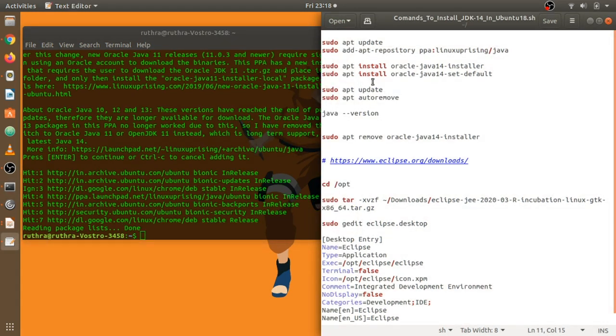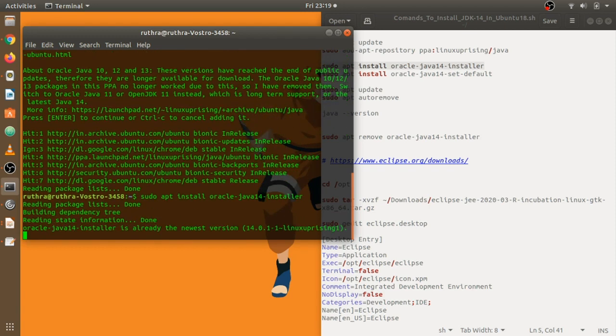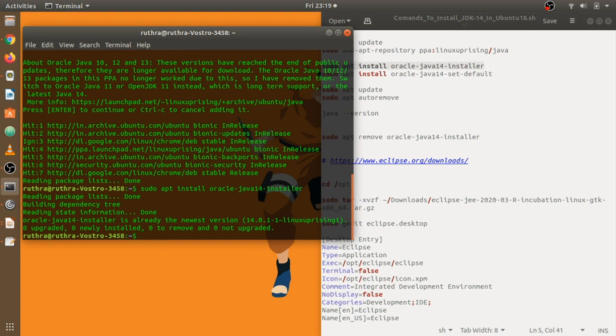The next command is finally the command to install the Oracle JDK, and also there is a shortcut so that you can paste in the terminal. It is Control Shift V, not the usual Control V. It won't help you paste in your terminal. Here, I have already installed JDK in my system. I am just showing you the steps for how you can do it, and don't panic if what is displayed on my system is different from what is displayed on yours. Just follow the steps and you will be good.